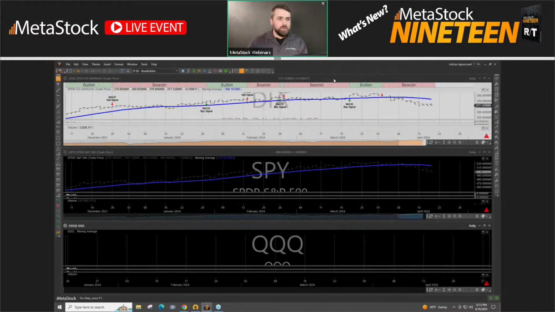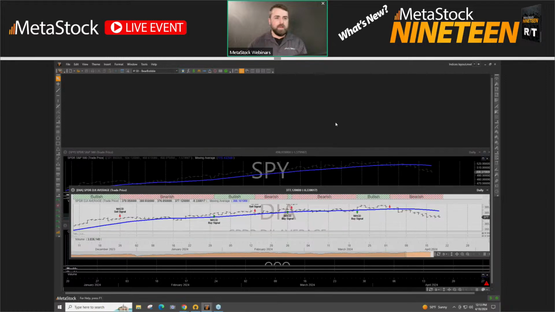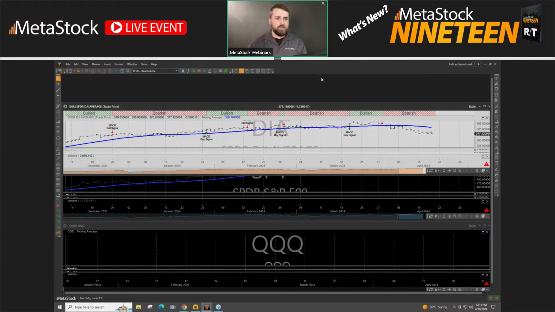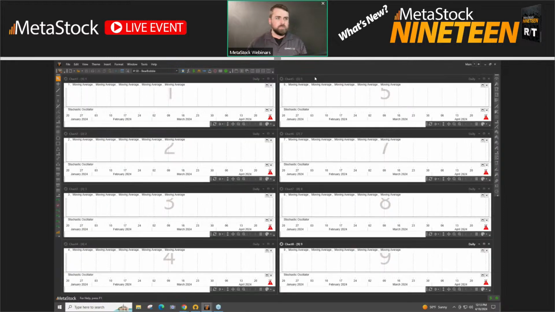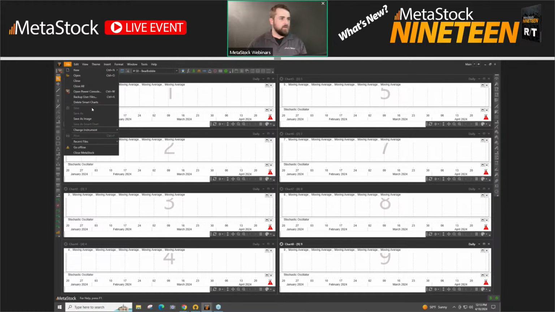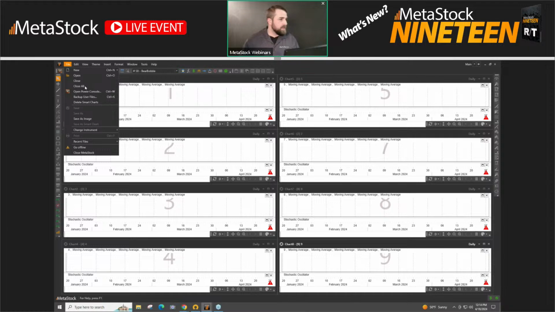So one thing we can do here with my chart, if I grab the title bar here, you can see I can pull it outside. Oh, this is actually within an indice, not the main page. Let me go back to my main. And honestly, I should probably open up some real charts here. I just wanted to show you guys the tiling option with the numbers. It makes it easier to see where they're all going. So let's go ahead and close all.